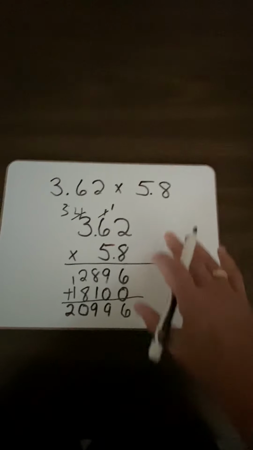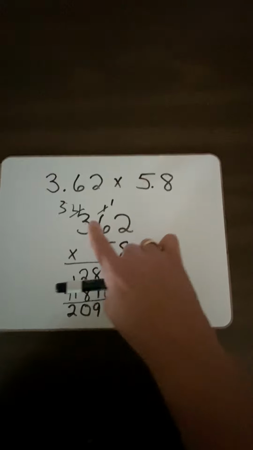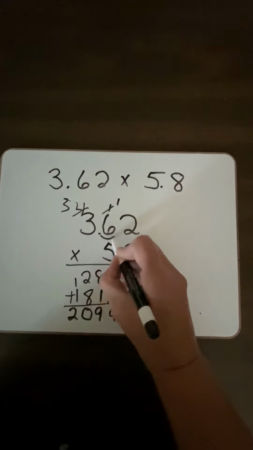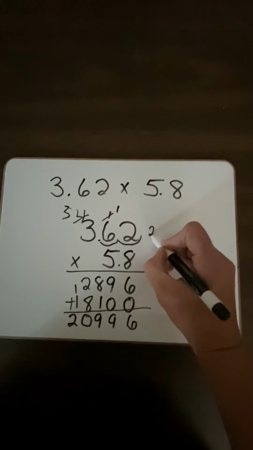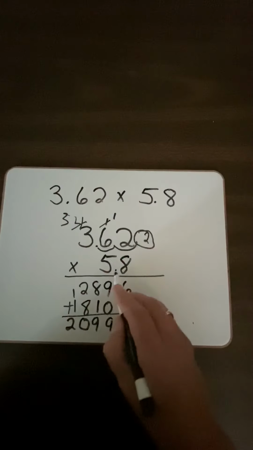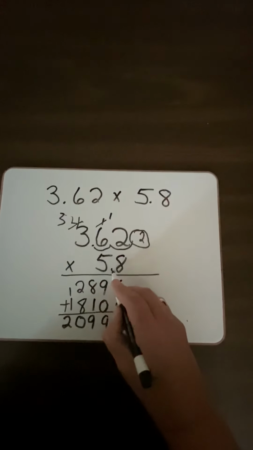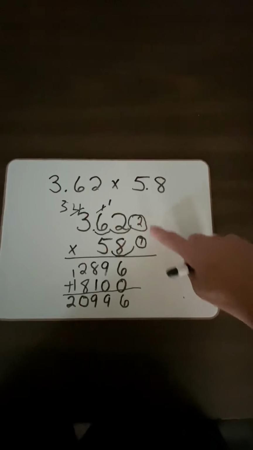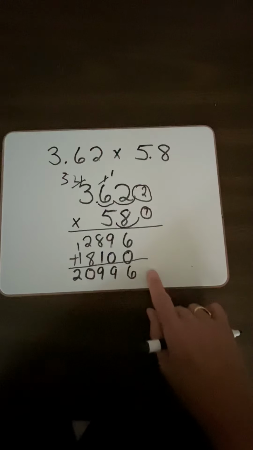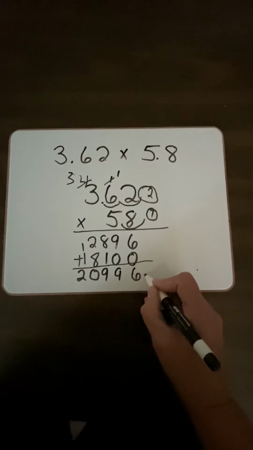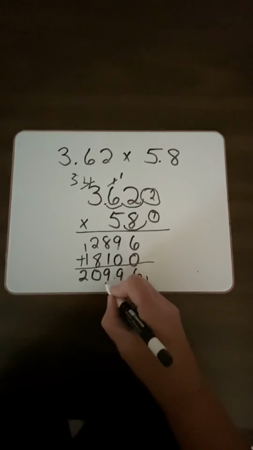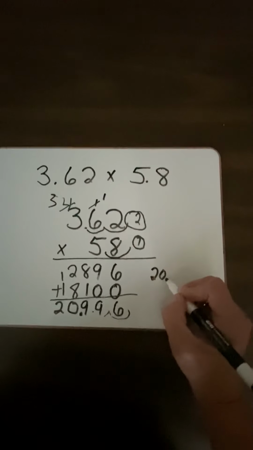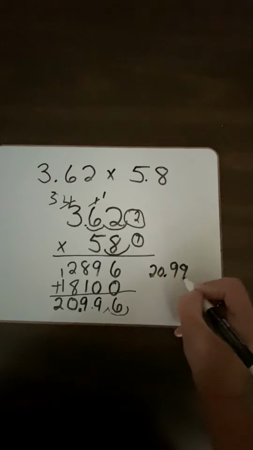Now we have to place our decimal point. So we go back up here at 3.62. How many places do we have to move it to get it to the end? 2 places. Okay, here's the decimal point. We have to move it 1 place, for a total then of 2 plus 1 is 3. So we come down here in our answer and we move it 3 places. 1, 2, 3. So then our answer would be 20 and 996